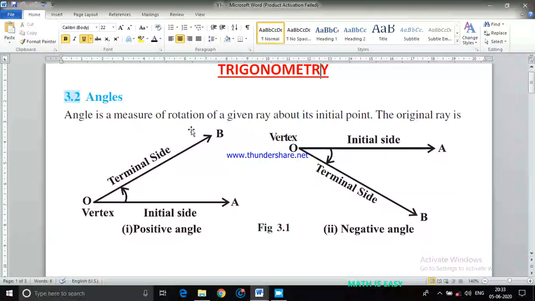Trigonometry you already studied in class 10th, right? About particular angles like 0, 30, 45, 60, 90 degrees. Have you ever thought of what if the angles are other than these angles? For example, if I have 180, 360, 270, or maybe minus 420 degrees. How do you find the trigonometric values with respect to those corresponding angles?